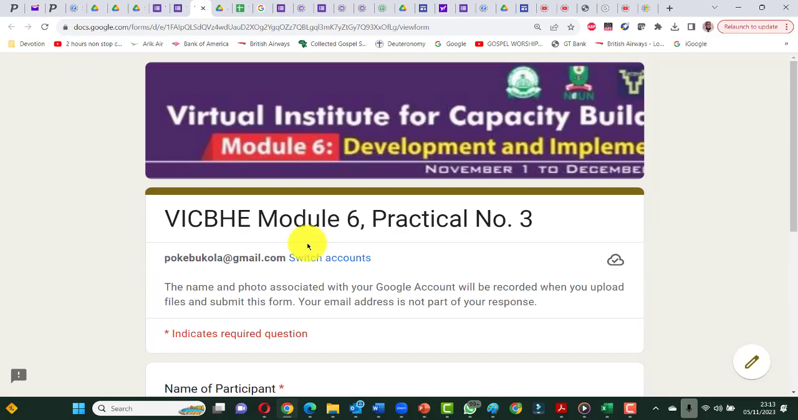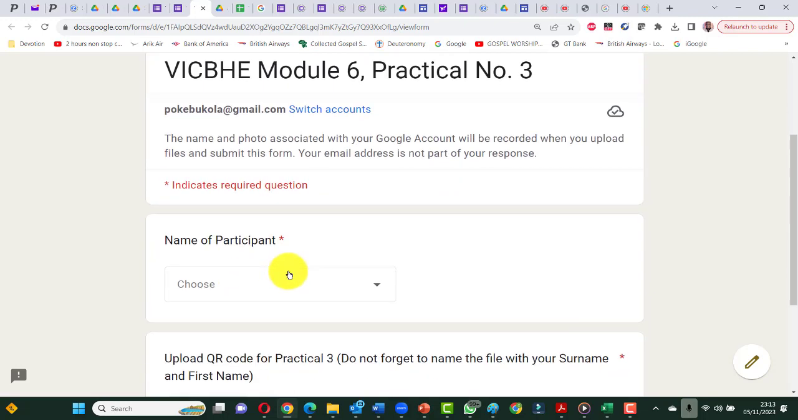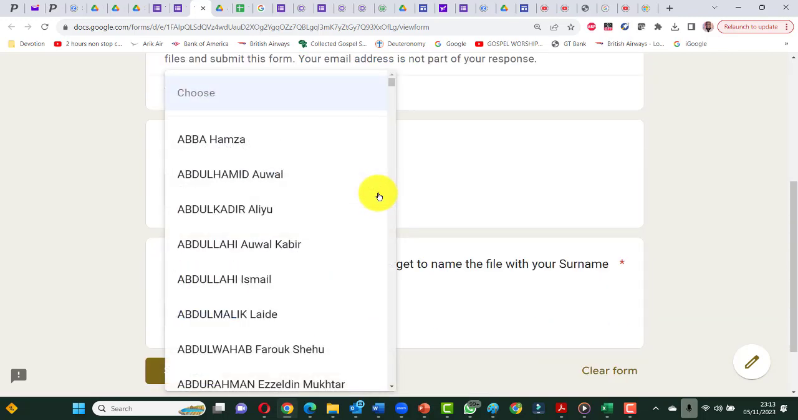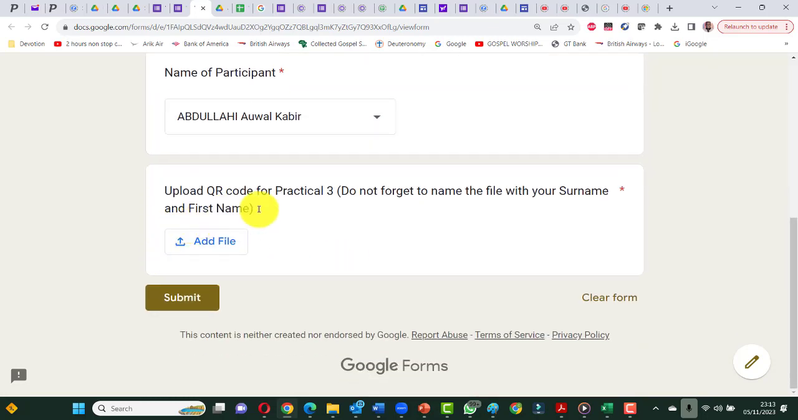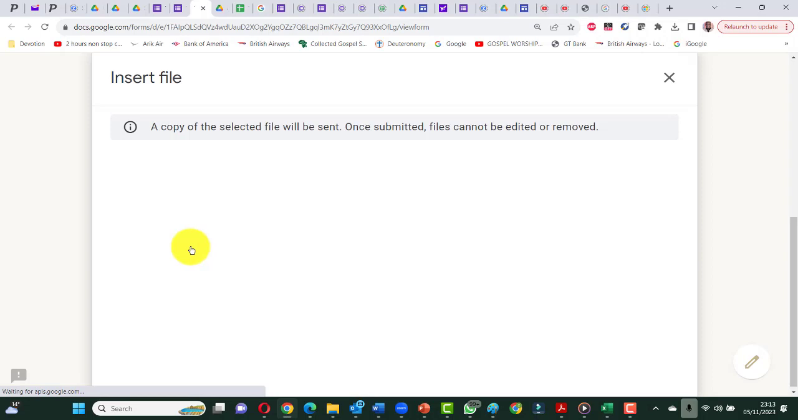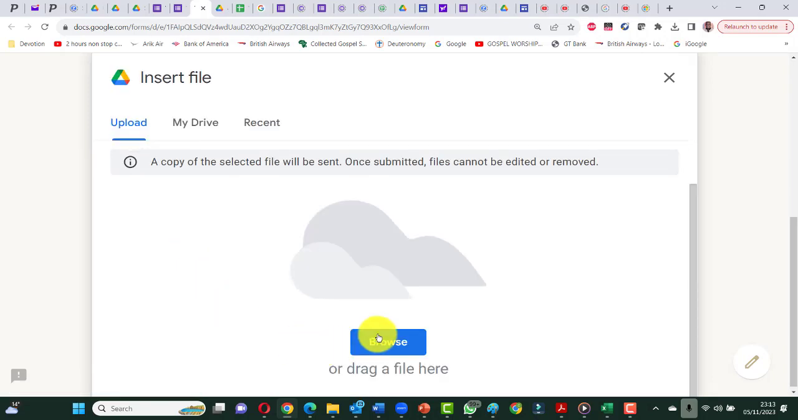So when you get the form for submission, I'm giving an example of module 6, which was done in November last year. So you have name of participants, you just drop down your name, let's say this, and then upload QR code for practical 3. Do not forget to name the file with your surname and first name, as I mentioned earlier. So you just go to add file, and then you look for the file that you